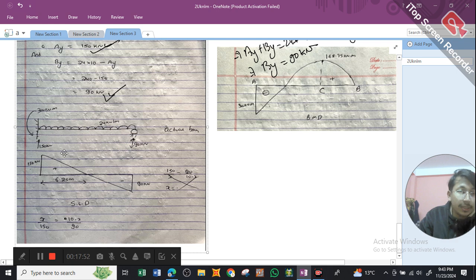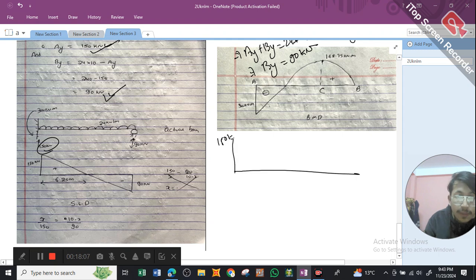So we have the value of Ay as 150 kilonewton. In order to draw the shear force diagram, since this is acting upward, it will push the diagram upward in this way. So it's not a straight line. Ay is 150 kilonewton, and since the